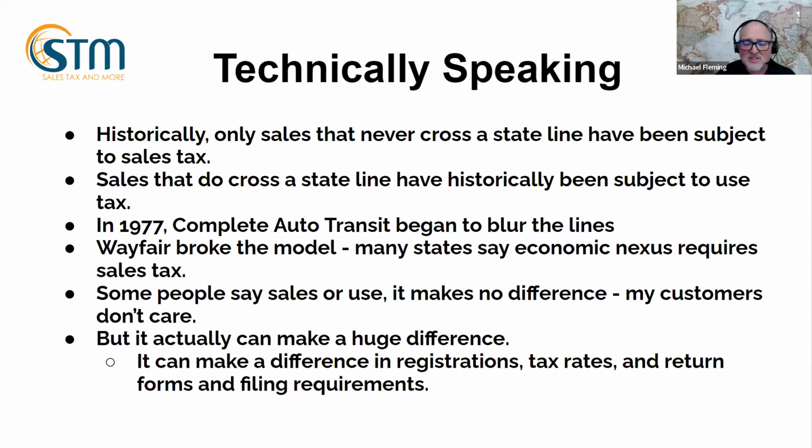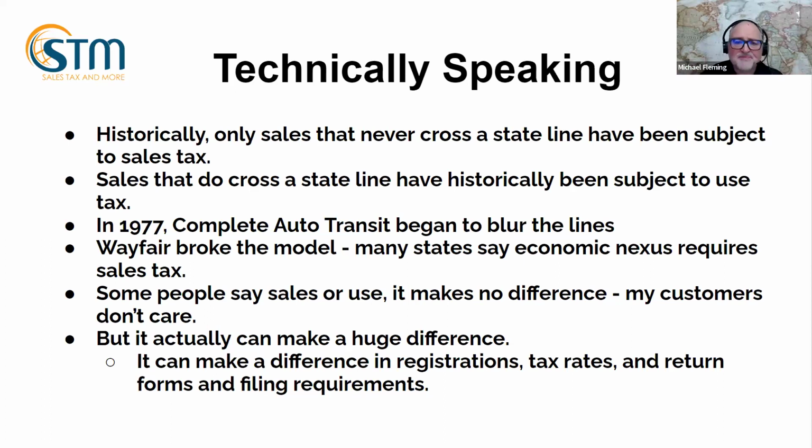Now, in the 1950s, we started seeing states change their thinking on whether they could tax interstate commerce directly. And there were a number of cases out there. And in 1977, the U.S. Supreme Court in Complete Auto Transit, they didn't come up with anything new, but they sort of cobbled together all of their other decisions since the 1950s. And they said, yes, interstate commerce can be taxed directly so long as it meets a four-pronged test. And it's a pretty easy four-pronged test to meet.